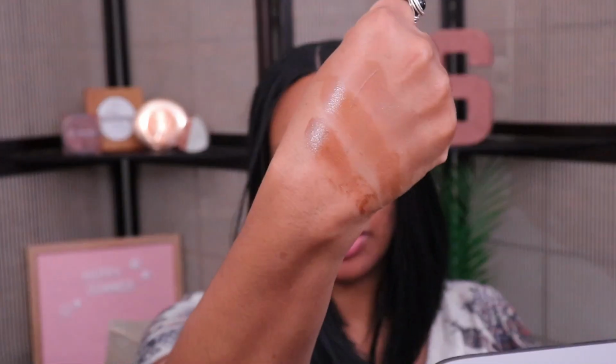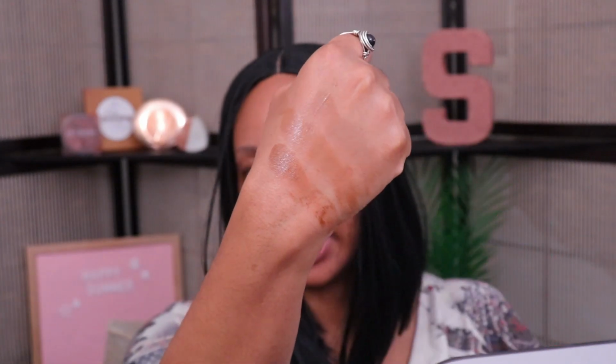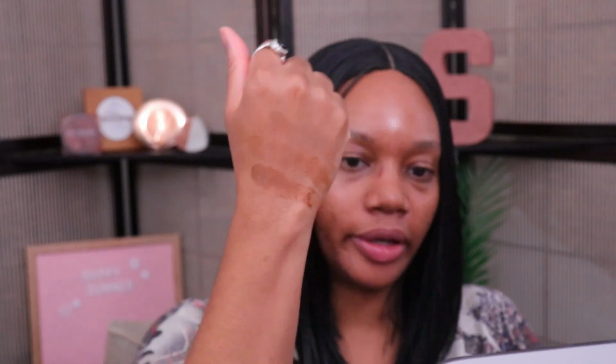Okay, and that's the swatch on the bottom. So I know for a fact that the first one is out. I can't really do anything with that, but I think I'm going to start off with the shade, I cannot remember the name of these shades. Bronzed Belle. I think I'm gonna start off with Bronzed Belle. Maybe I'll use Golden Daze on my nose just so that I can test out 2 of the shades that